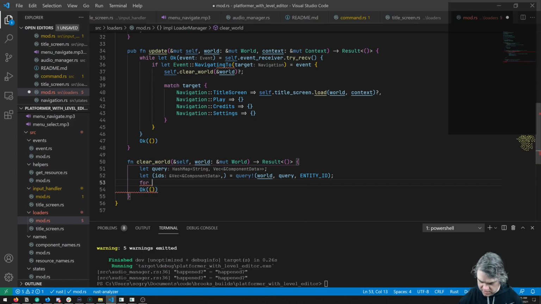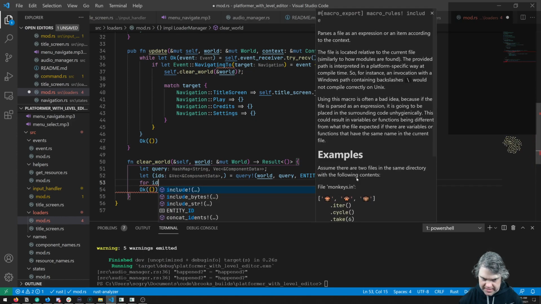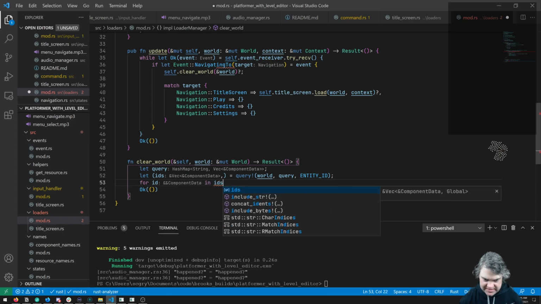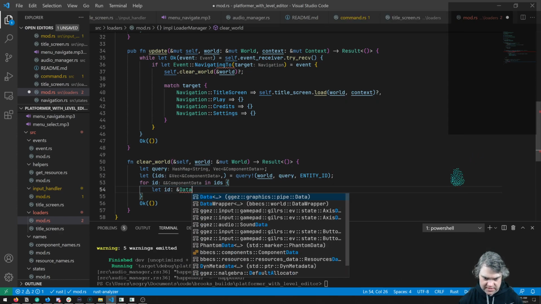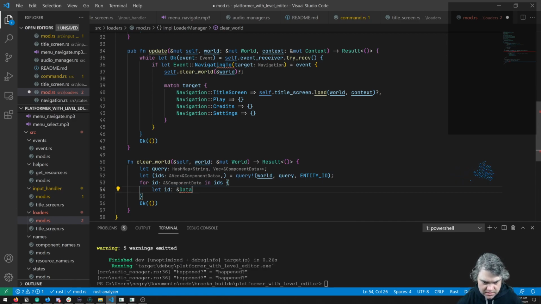Then for ID in IDs. Okay, we loop through that. Let ID, a data wrapper. So this is going to be a wrapped ID. So data wrapper of